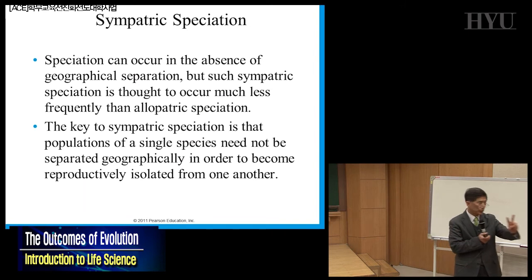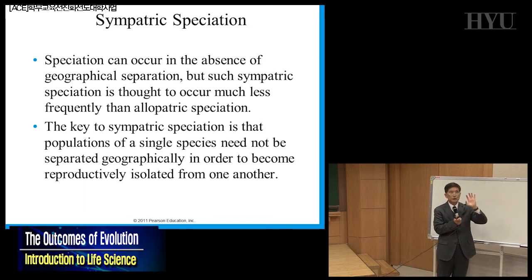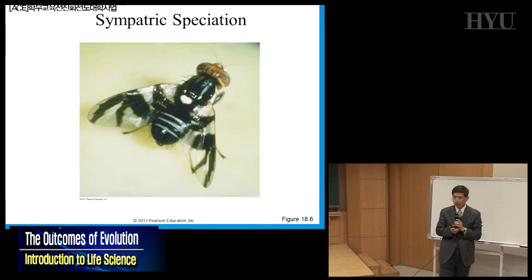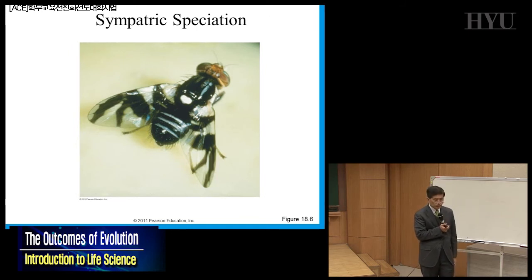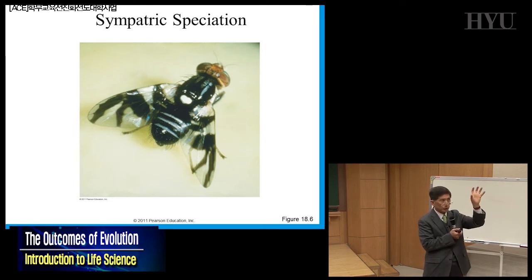Now, the second word that I told you is called sympatric speciation. What is sympatric? They live in the same place, but still they become two different species. It's very, very rare, but it happens. So this fly, it's a type of fruit fly. If you read the story, it's something like this. In the United States, when some country imported the apple tree, this one type of fruit fly came with the apple, and then there are other fruits other than apple. They become ripe at different timing. In other words, the fruits become